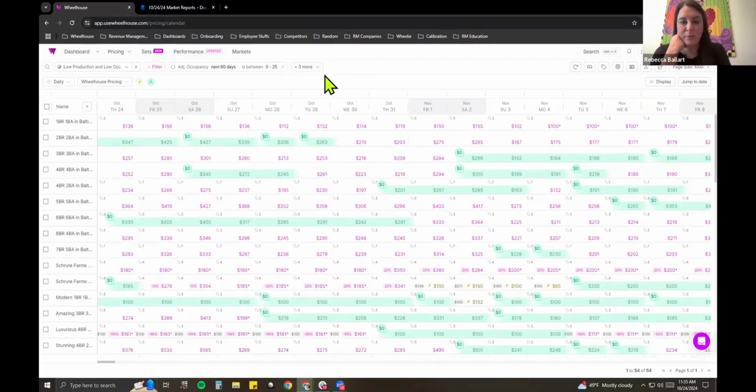Then I also have some different segments based on things like private pools or ski-in, ski-out. Bedroom counts aren't my biggest concern in terms of area or amenity, because I can do the bedroom count filter pretty easily. So this is just taking it another step. That's kind of how I use it. Great. Love it.